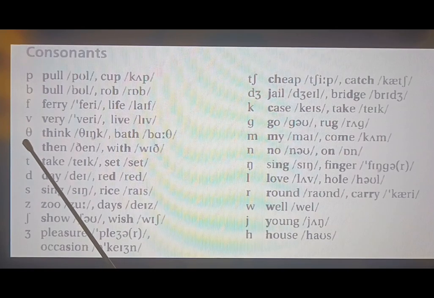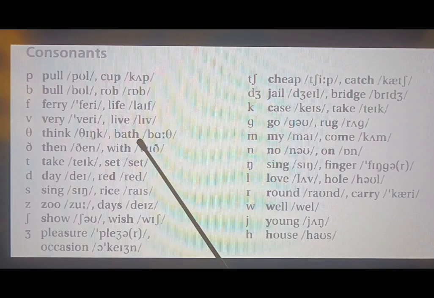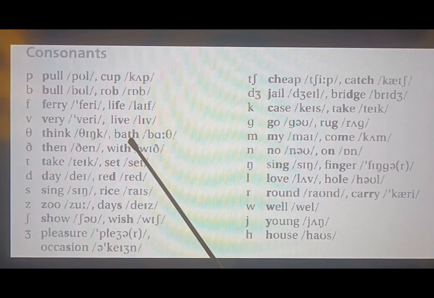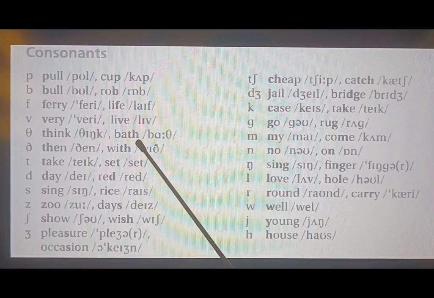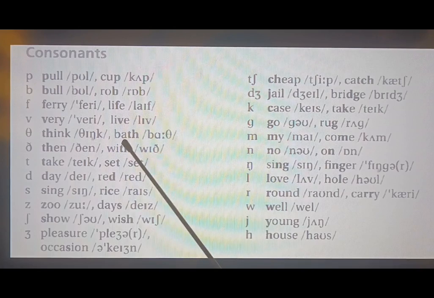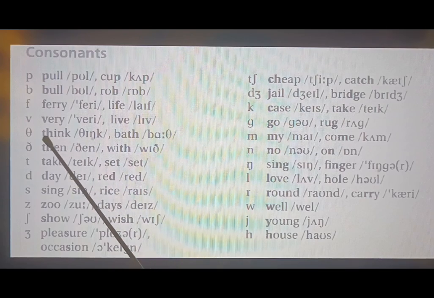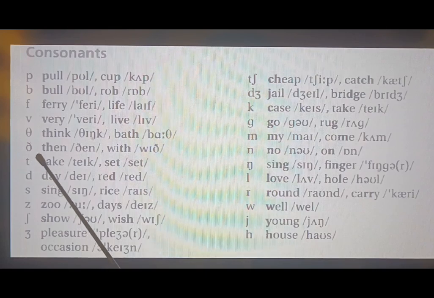But if you have seen it in the dictionaries, it means th sound, like think, like thank you, like bath. All right. This is the sound exactly produced or articulated in your mouth when the tip of your tongue touches the mouth ceiling just before the front upper teeth. Okay. And this is the voiceless sound, but if you see the symbol like in then or with, well,